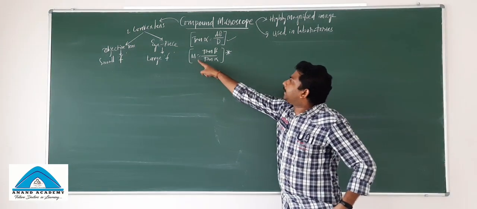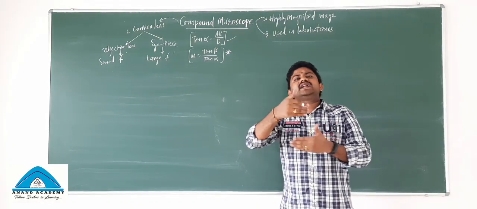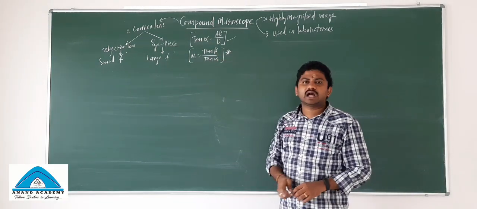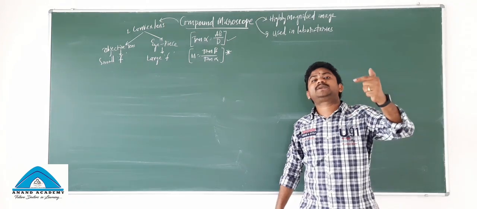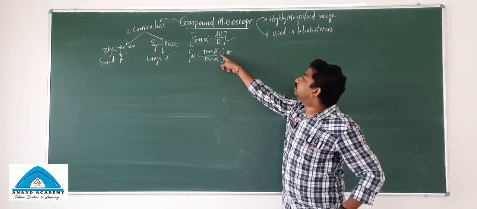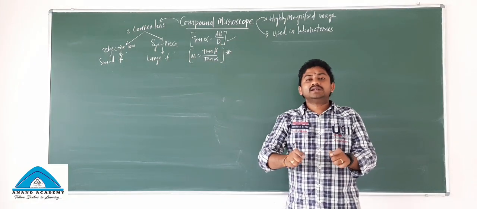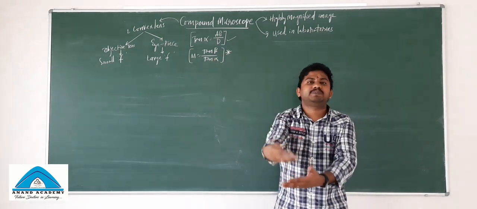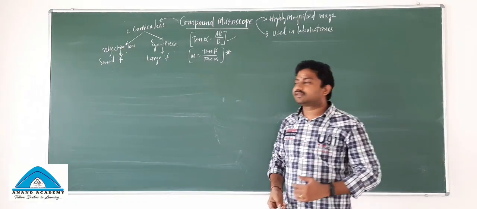Now, M, the angular magnification or magnifying power, is equal to tan beta by tan alpha. Tan beta, what is beta here? The angle subtended by the image on the lens. So that's called tan beta. Tan alpha is as usual AB by D. When angles are very small, tan beta can be written as beta, and tan alpha can be written as alpha. Let's start the ray diagram.